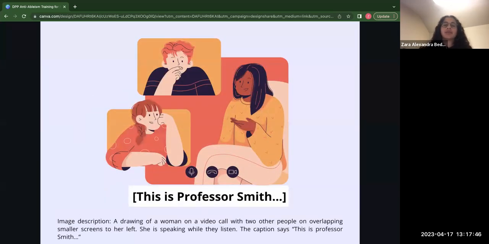This slide shows a drawing of 3 people on a video call. We ask that before the semester begins, you try to include a good access statement in your syllabus. This will illustrate to your students that you're committed to their success in the course and are working to create an inclusive classroom. Also, in online or recorded settings, ensure you have accurate subtitles. On Zoom or in other group calls, introduce yourself each time you start to speak. This will make it much easier for students to pinpoint when the professor is speaking versus another student.